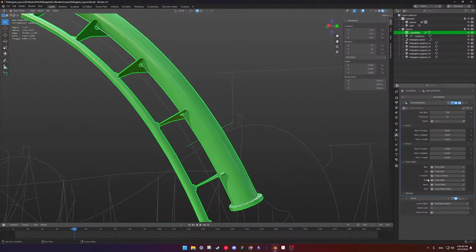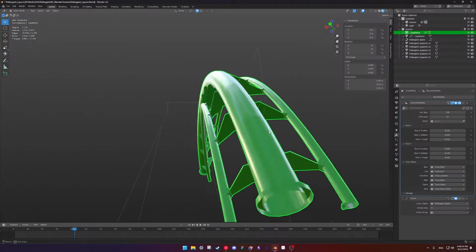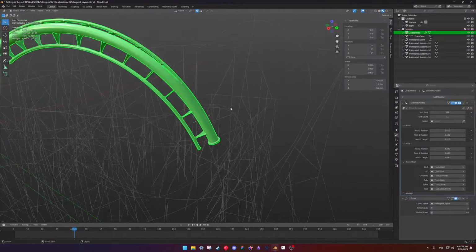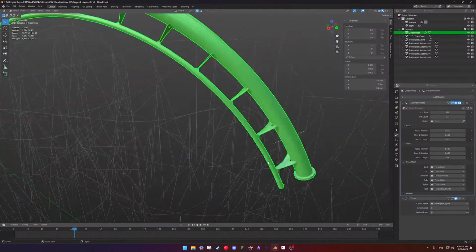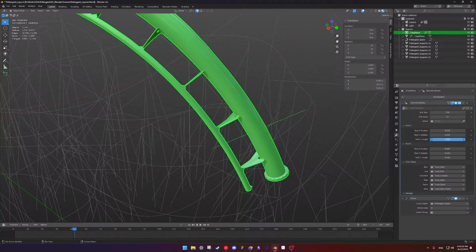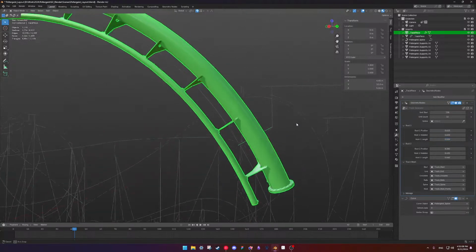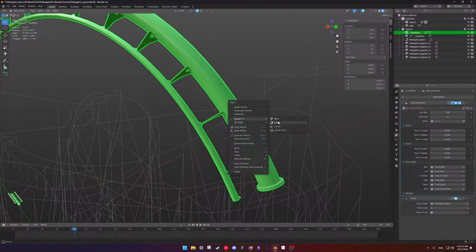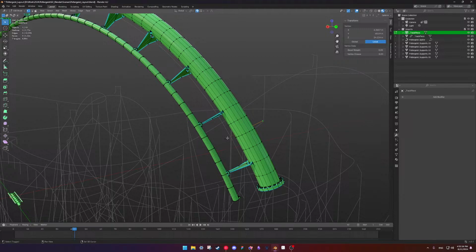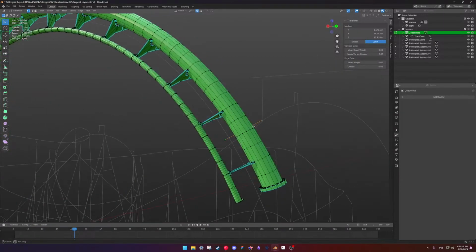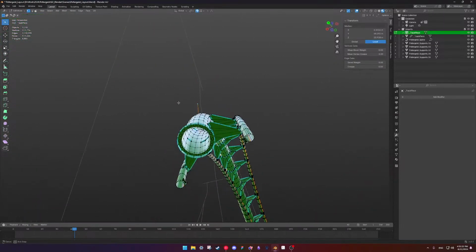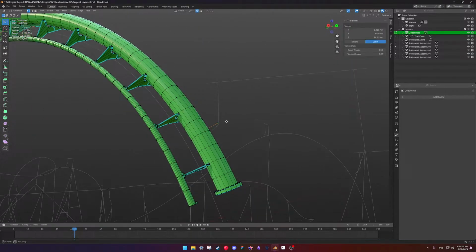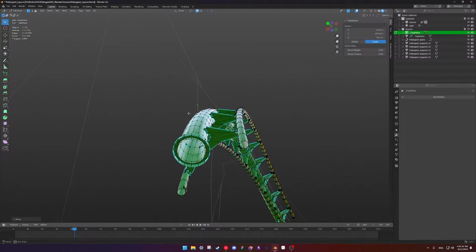Now I don't have to do any of that. Okay. So yeah, I can just go like that. And then convert to mesh. Take this. Oh, subdivide. Delete that, and then I can literally position this right there.